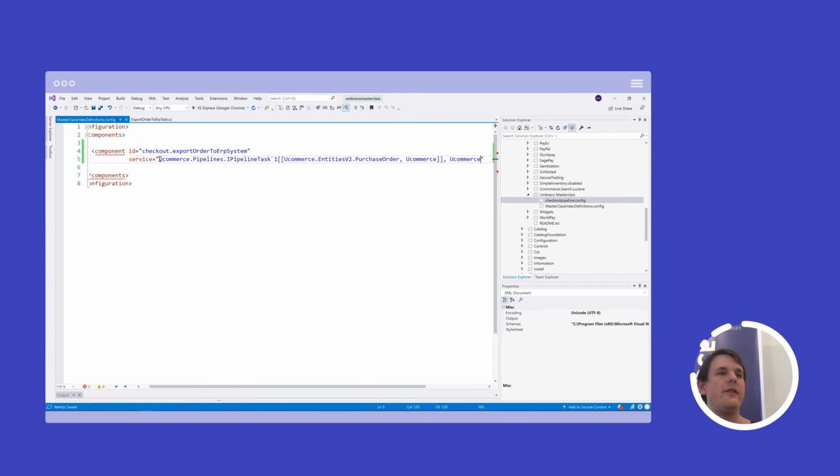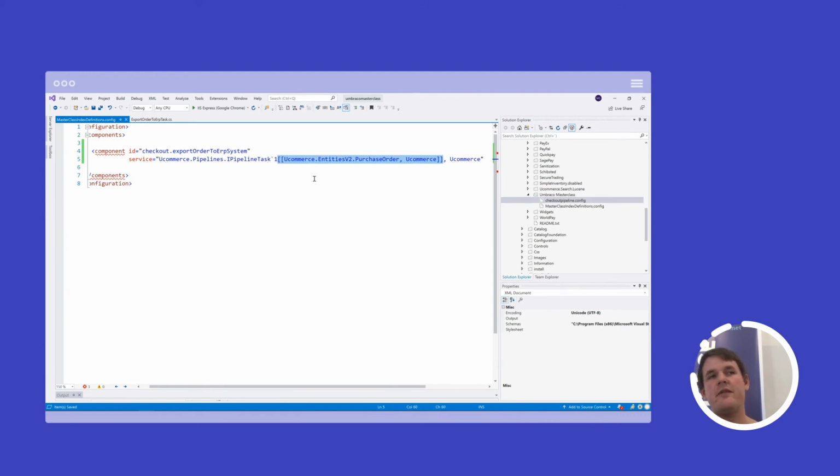So let's write that into our service. What we type in here is the interface that we're using. In this case, it's the IPipelineTask, and then this little tick 1, and then in brackets the PurchaseOrder is the generic type that we're using.